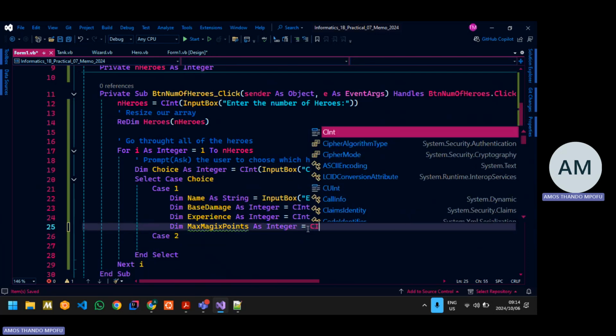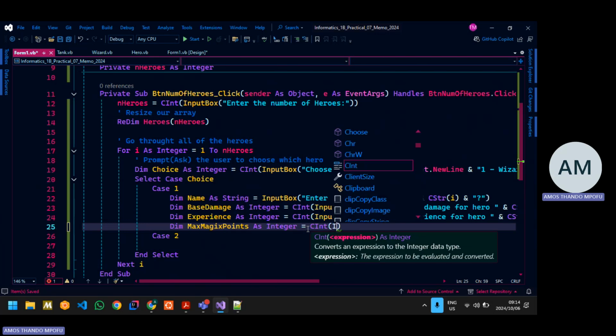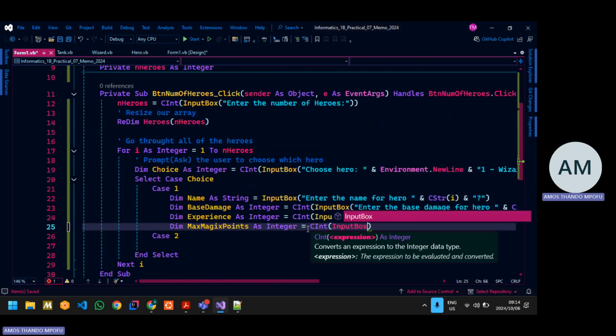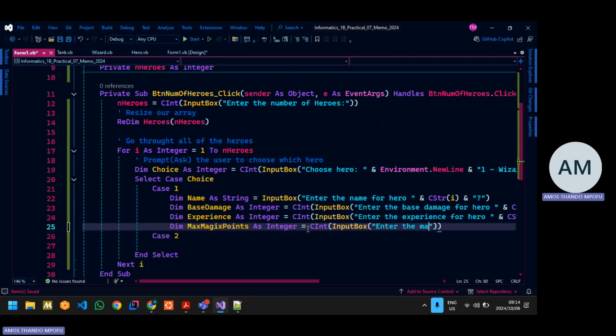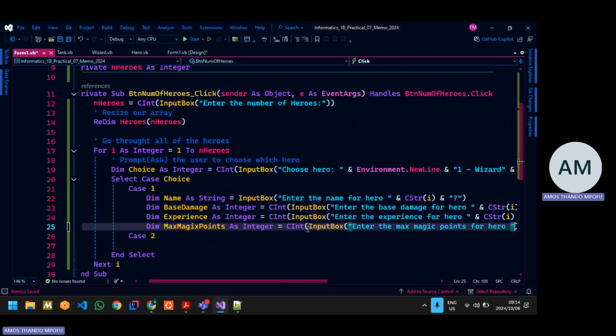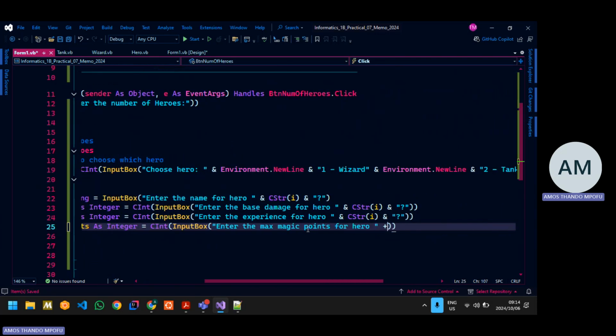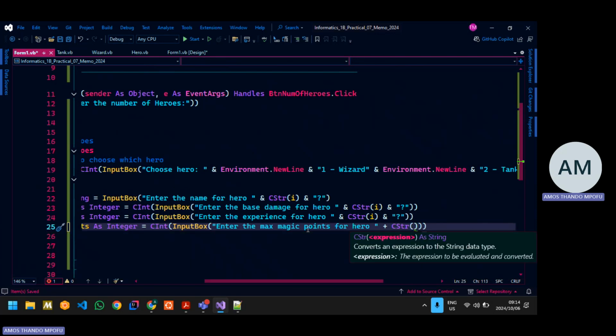Max magic points is equal to CInt, InputBox, and then we say enter the max magic points for a hero. Then you specify the hero number plus CStr(i)